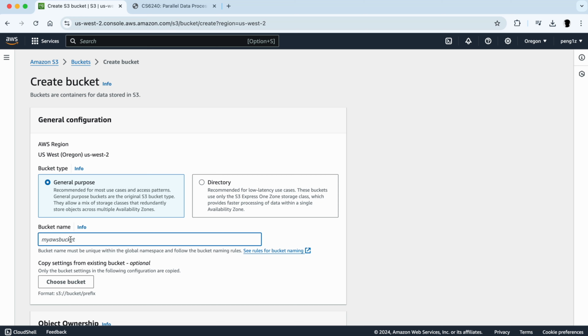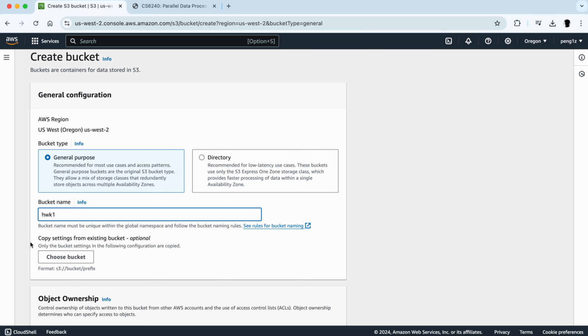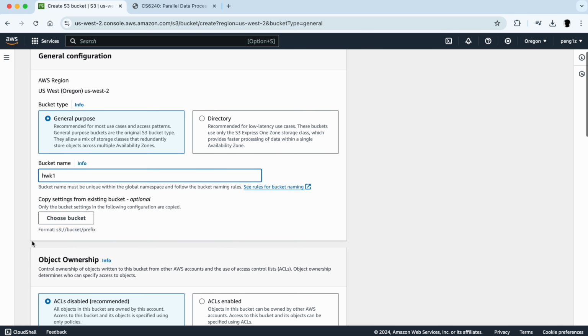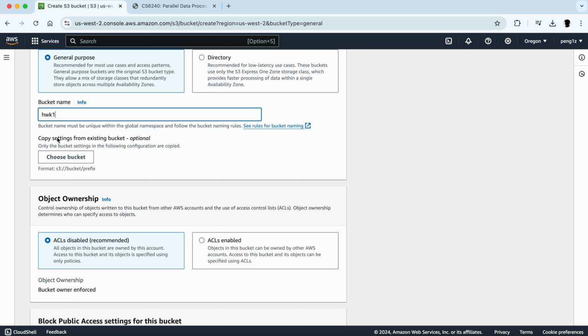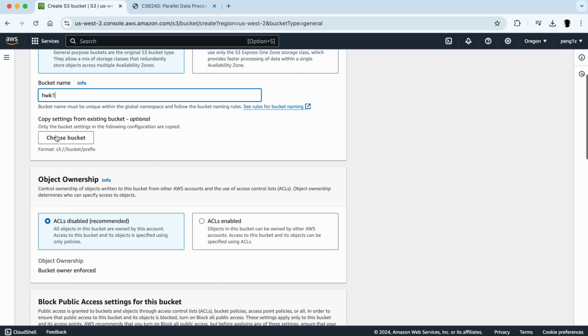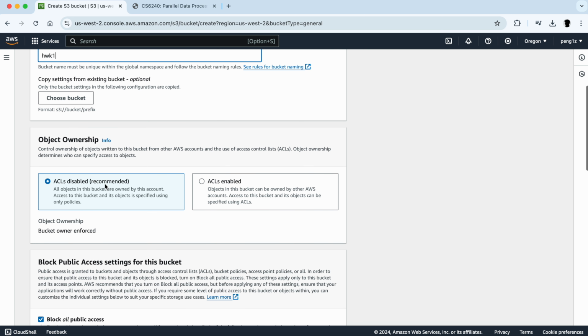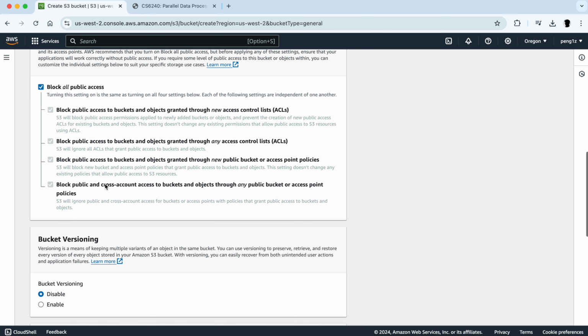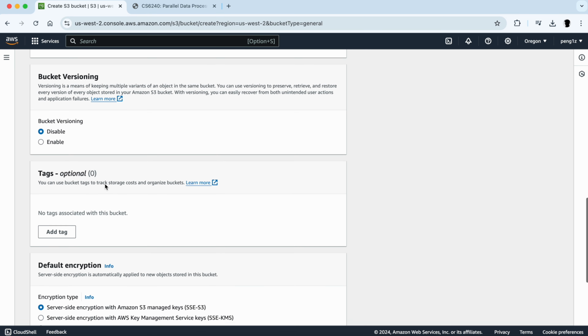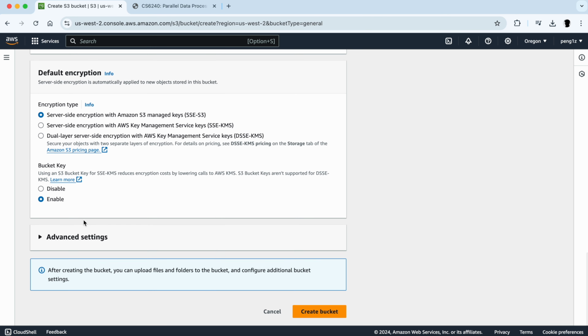Bucket name is homework1. Of course, you can name anything you want, and we keep it default as general purpose, and we leave it alone, and we keep all things to be default setting. So we create a bucket,